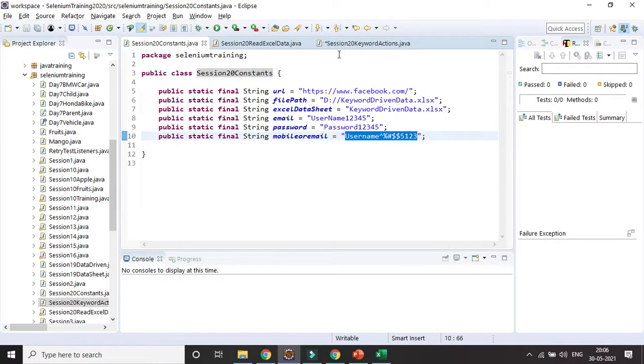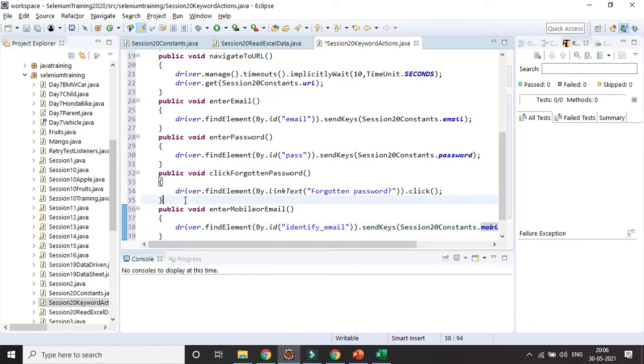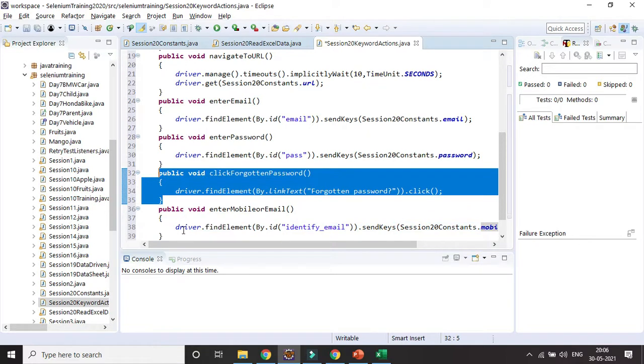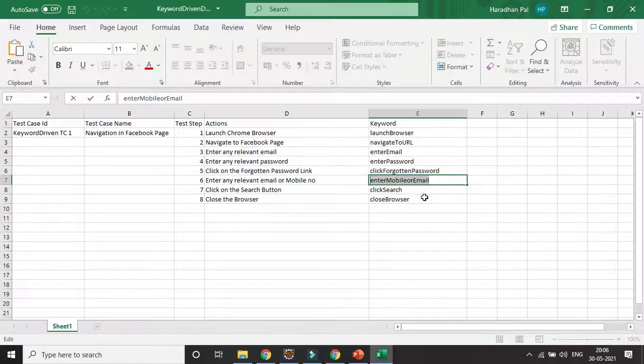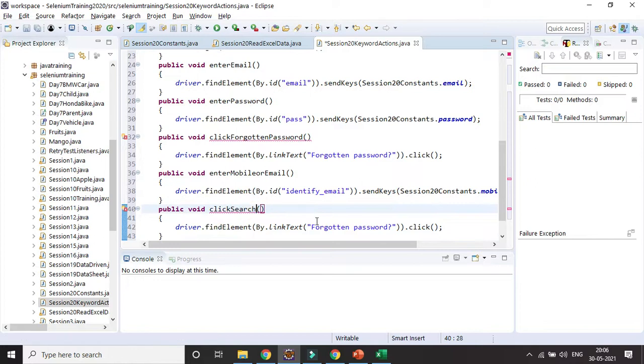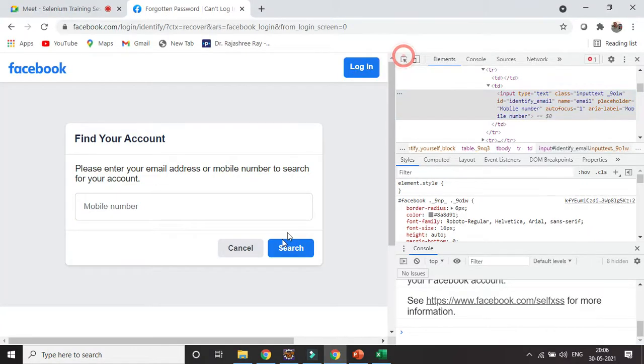Then once it is done, I will be clicking on the search button, right? So I can create another method here for clicking on the search button. So I need to match with that one, click search. Okay, so I need to inspect that element for the search button.